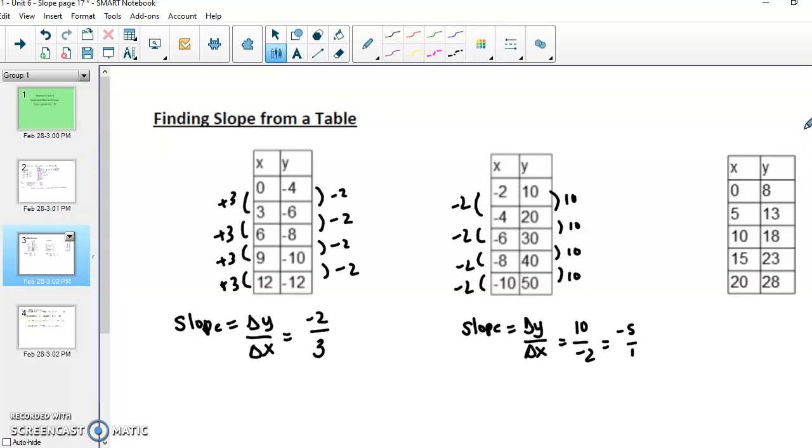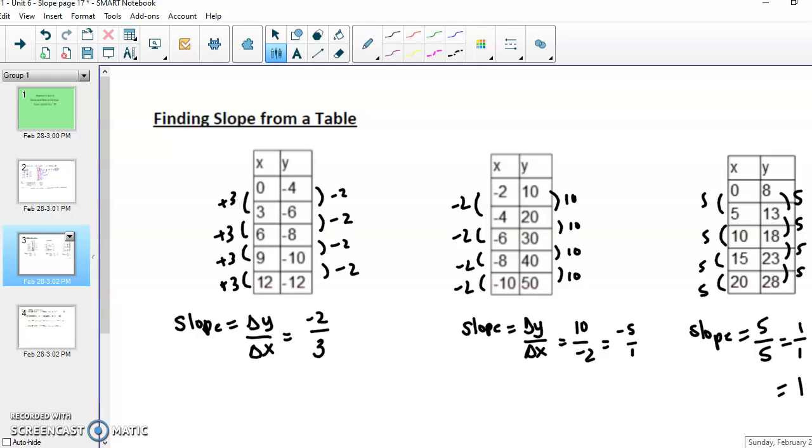Okay, and I'm running out of a little room on my screen here. I'm going to have to write close. So up 5, up 5. Okay, same pattern. Slope is change in y over change in x. So 5 over 5, 1 over 1, or simply 1. And let's do one more method on this video,